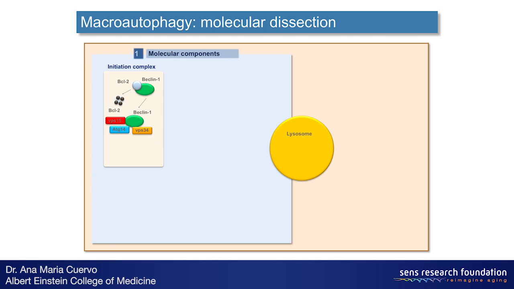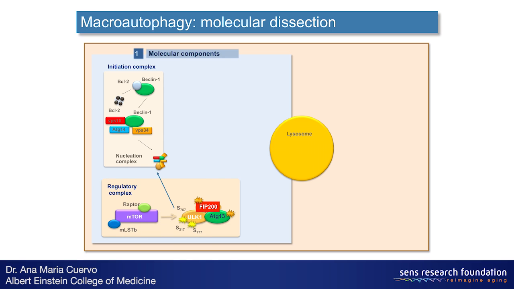As I mentioned, through these screenings in yeast, it has been possible to identify about 35 genes that participate in each of the steps of this process. They work as complexes, and for example, you have an initiation complex that relocates to the area of formation of the autophagosomes, and then when the activation or regulatory complex also coincides in this area, this initiates the process of